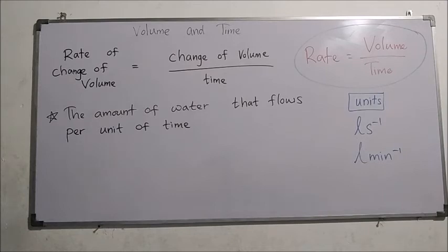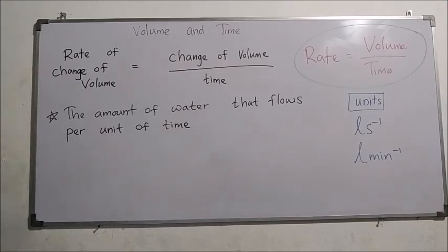Just think, water is flowing out from a tap during a certain period of time. At that time we can find the volume amount which flew out from the tap and the time spent for that. By dividing those two, we can find the rate of change of that volume. It's like a speed only, the speed of the liquid which came out from the tap.